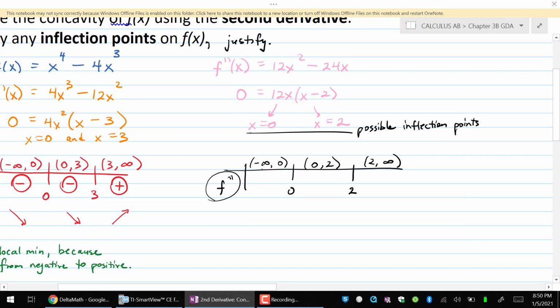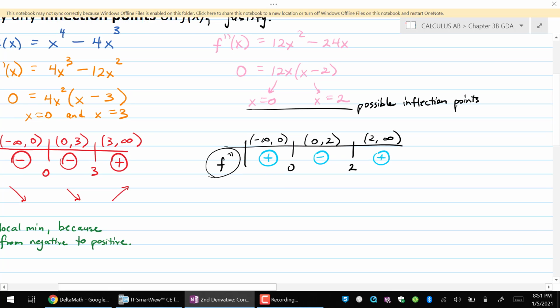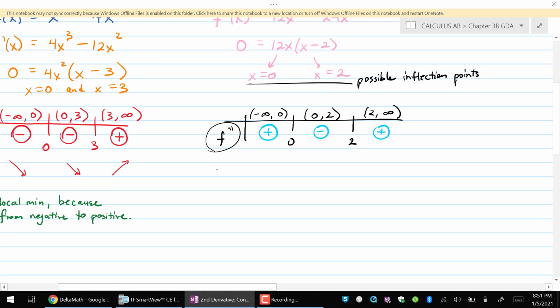So into the second derivative, I'm going to plug in -1. Negative times negative, overall positive. How about I plug in +1? Looks like overall negative, and then plug in a 3, overall positive. Now there it is. The sign chart tells me that regular f is concave up, because it's a second derivative